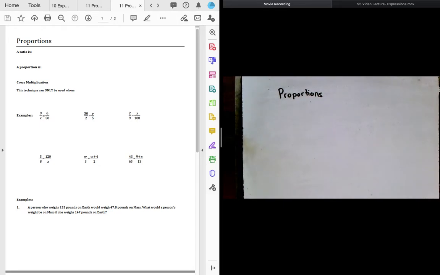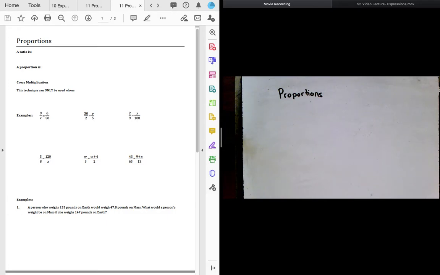Video, we're going to talk about solving equations that are proportions. So in the last video, we talked a great deal about expressions, simplifying expressions, combining like terms, evaluating expressions. In the next two videos, we're going to talk more about solving these kinds of equations. So now we still have unknowns in our problem, but we have equal signs in there. And so now our goal becomes finding out what is the unknown that makes these two sides of an equation